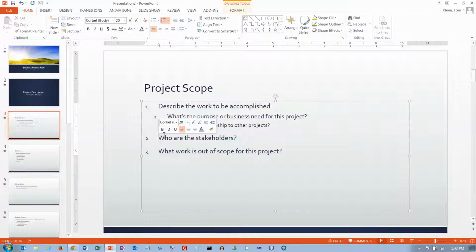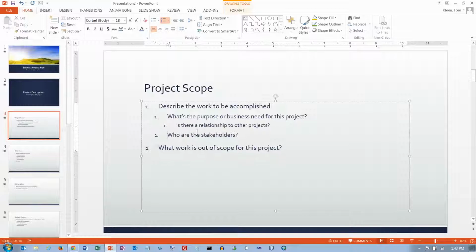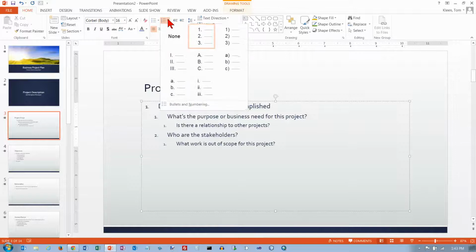Now if I click on this one and do a tab, it's at the same level as this one right here, and so it should be the same size and should have the same indentation level. And if I go down here and hit tab twice, that's the first item under item number 2 here, which is the second item under this major point number 1 up here at the top. So you can